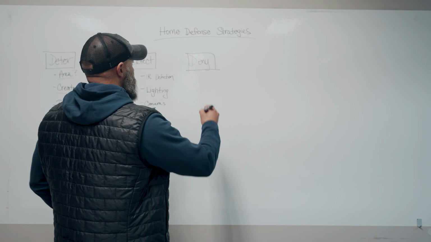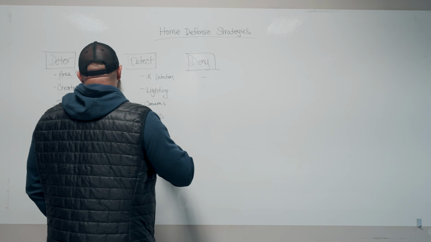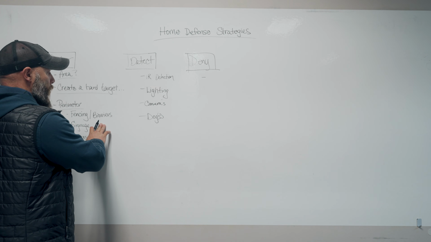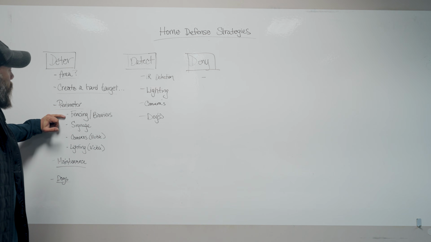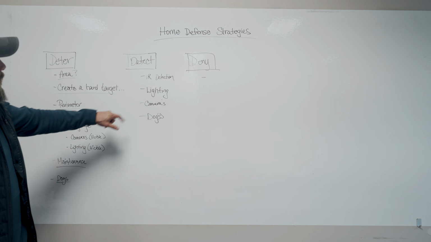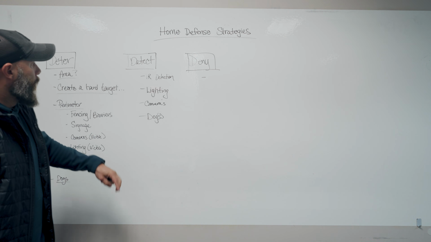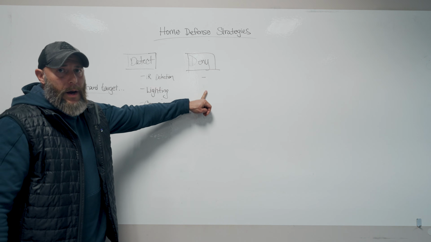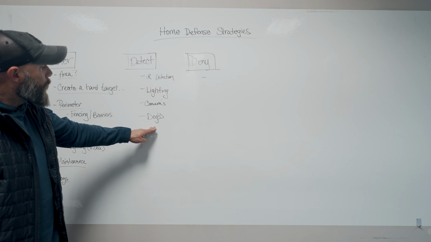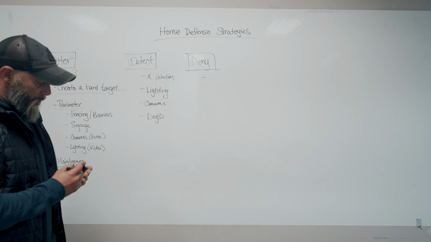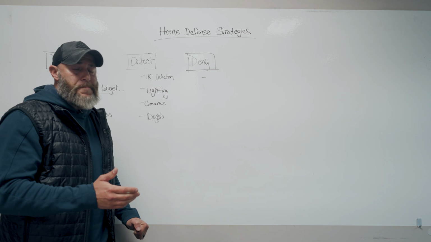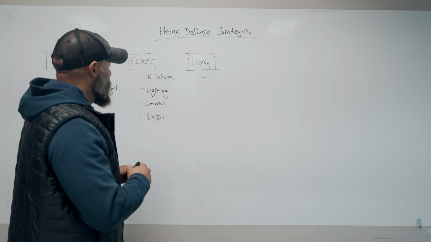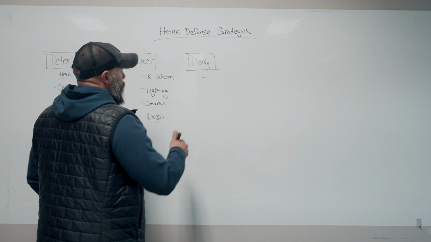So when we look at things that deny, you see how a lot of these things carry over. The fencing or barriers, right, for a low-level individual without intent and commitment, that may act as a form of denial, right? Seeing the cameras may act as a form of denial, all right? But I'm not going to specifically rely on these things. So when I start thinking about denial, I'm thinking about physical barriers, right? The reality is that's going to translate more into the delay side, but for the purpose of denying access, we're going to put up,